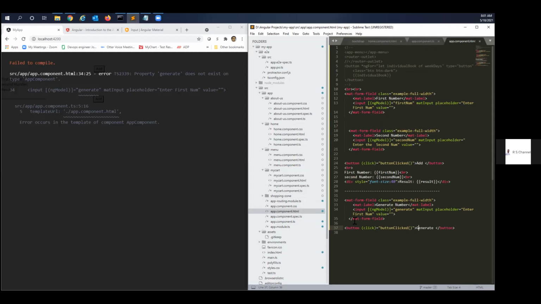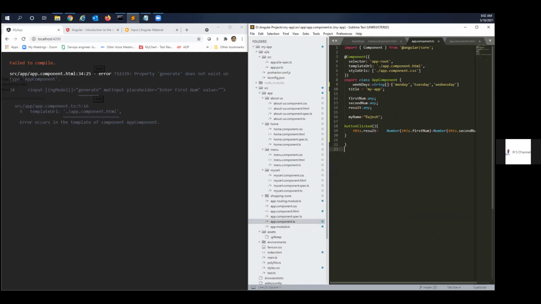Ganesh, are you trying? Yes, Rajesh. Given this line, right? I will explain this to you. First, in the input, we are giving a number that is stored in the variable generate. So you have to create that variable in the TS. You please go and create and come back.